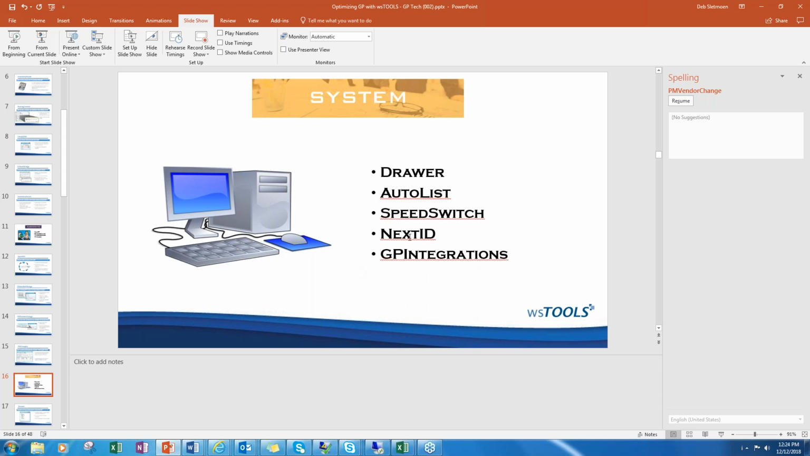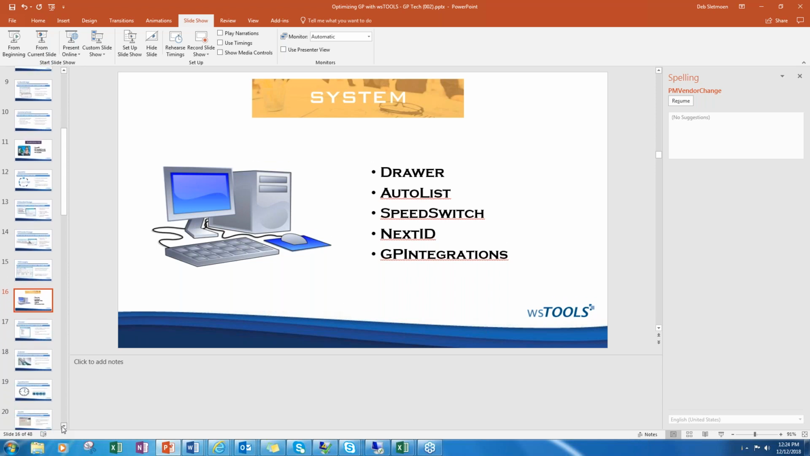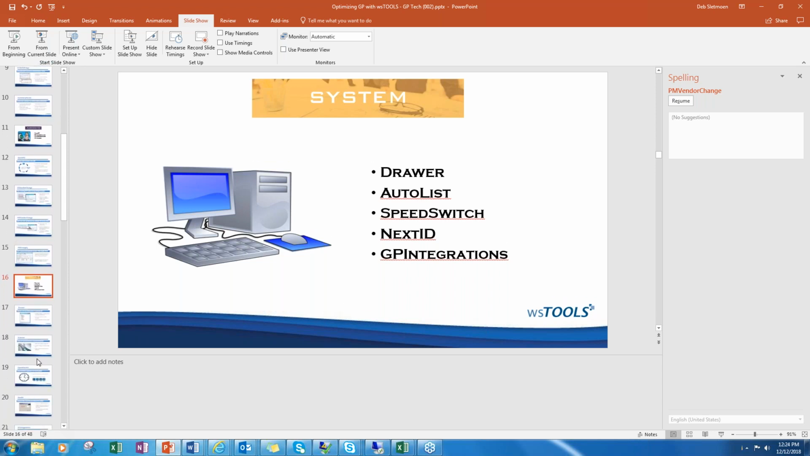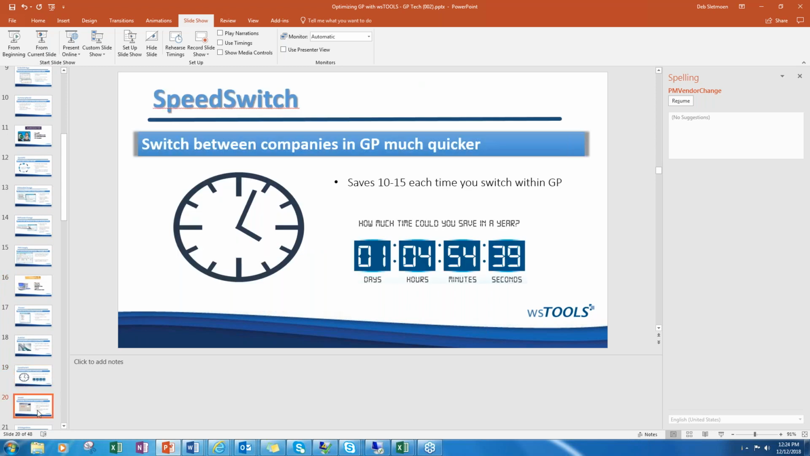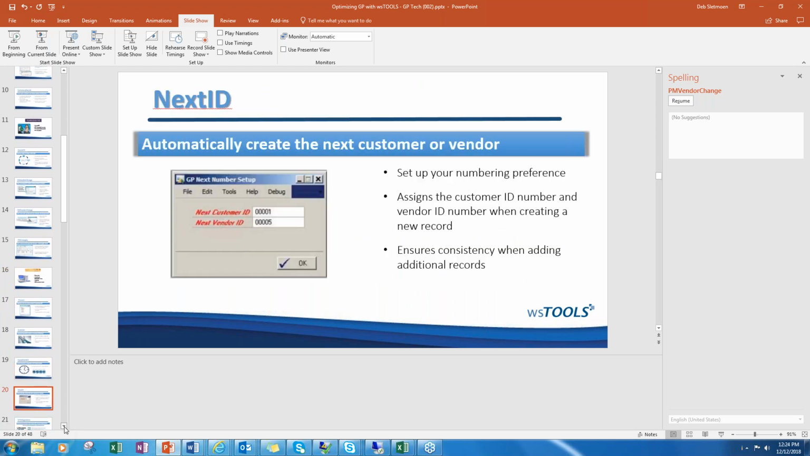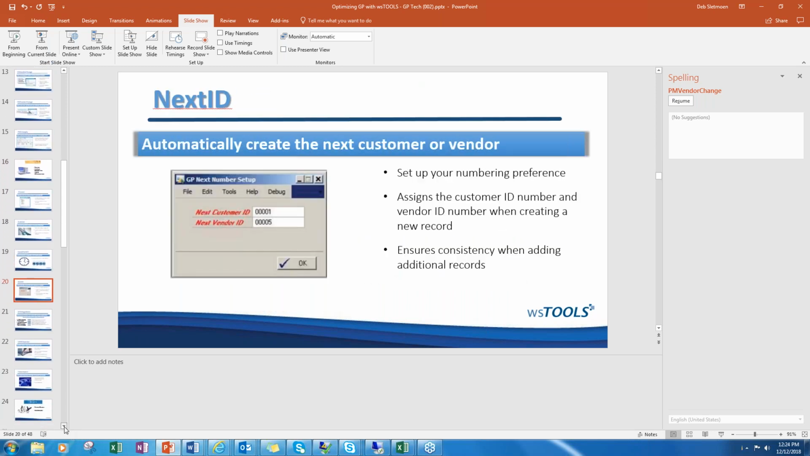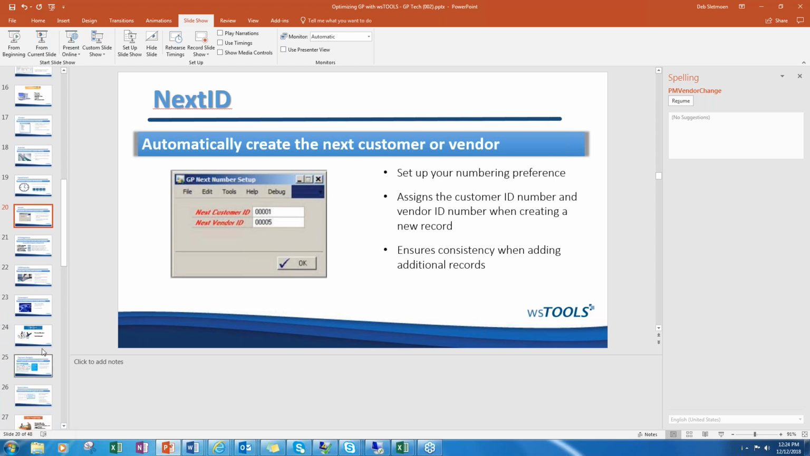We also have a Next ID product. Super simple little product that allows you to get a new next customer number, next vendor number based on your schema. Okay. And guys, I know we're getting close on time here, so I want to just bring up a couple more just of our module level, just so you can see some of the other offerings that we have,